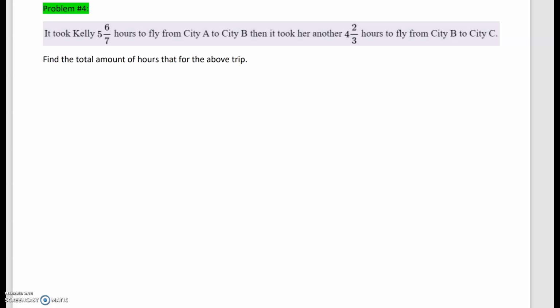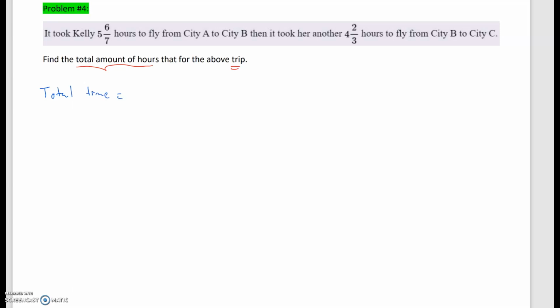Hi class, let's take a look at problem 4. And basically on problem 4, they want the total amount of hours for the trip. And it's just going to be a sum since in this case, Kelly went from city A to B and then from B to C. So total time